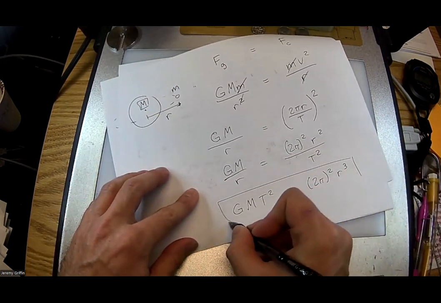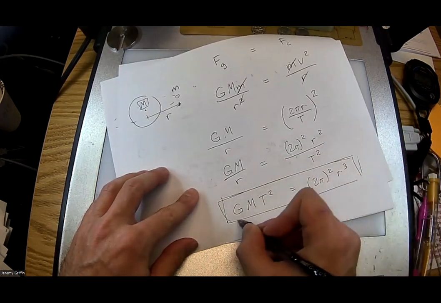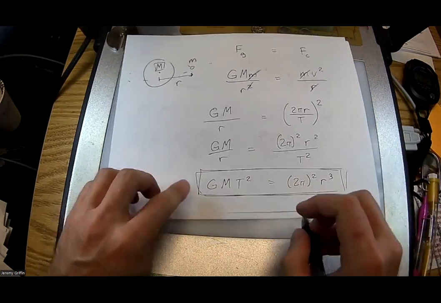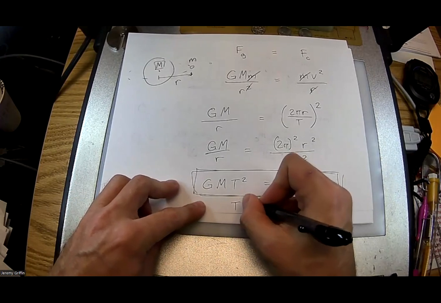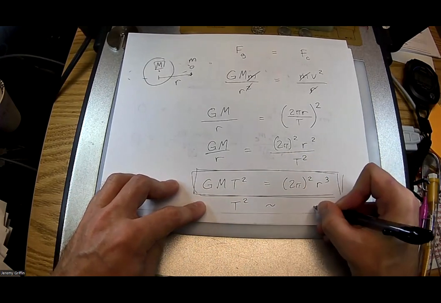Right? Now, right there, look at what we just showed. Right, so constant, constant, constant. The time period squared is proportional to